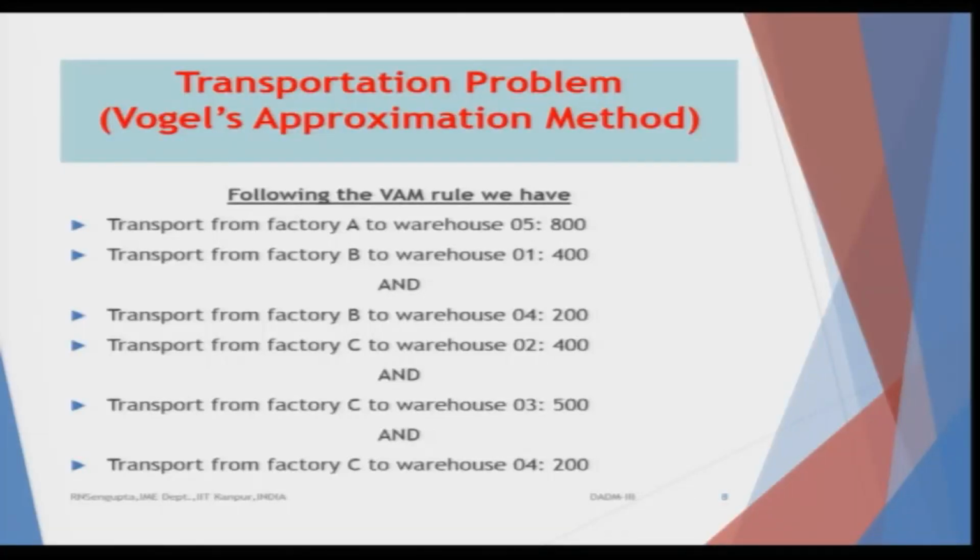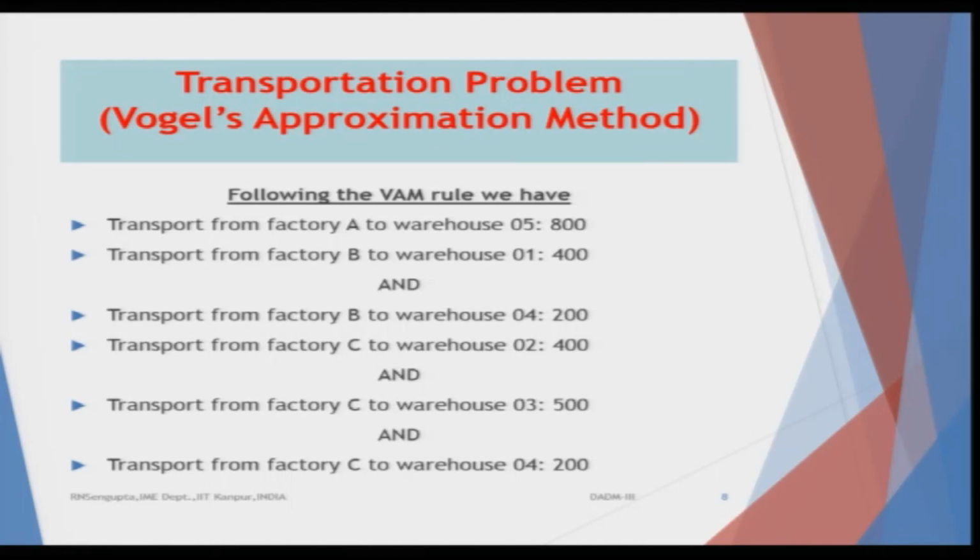Based on that, we were trying to do the allocation for the first step. If you remember, if you consider a column, the total quantum of goods needed at 5 was 800, which was the minimum cost. You push everything there and finish the allocation. So A is exhausted in transporting its quantum of goods, and 5 has also been fulfilled. Then you go to B.